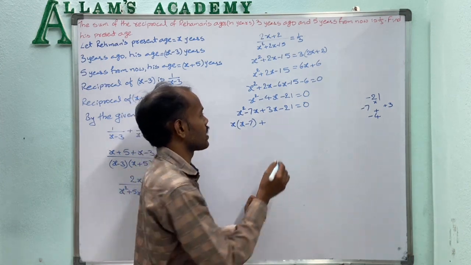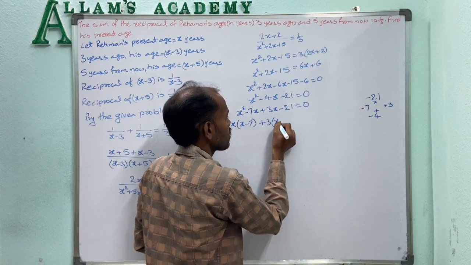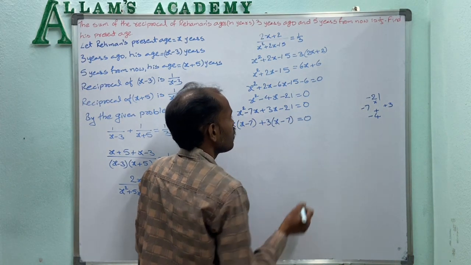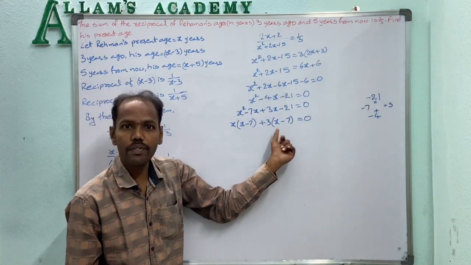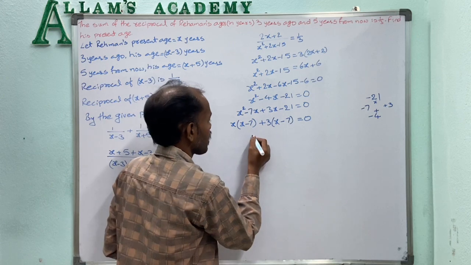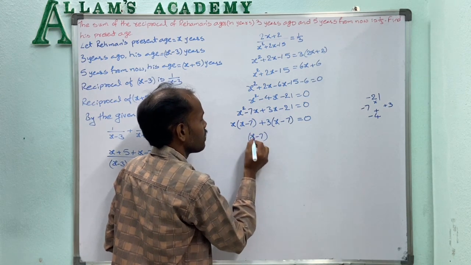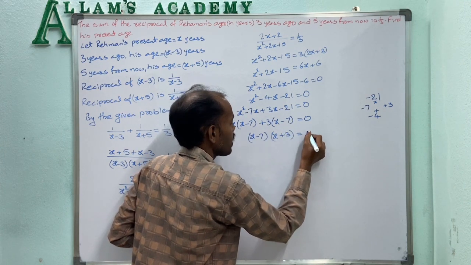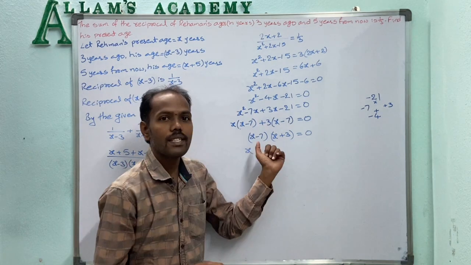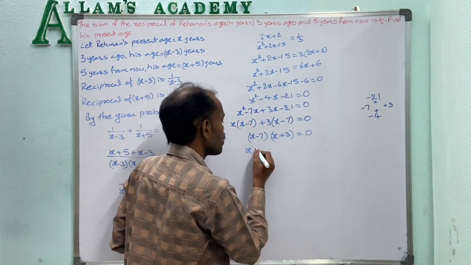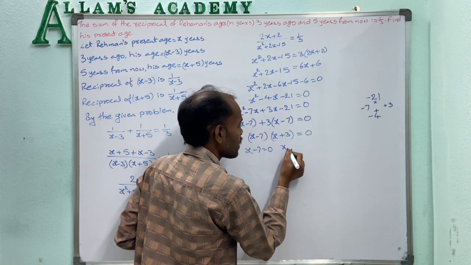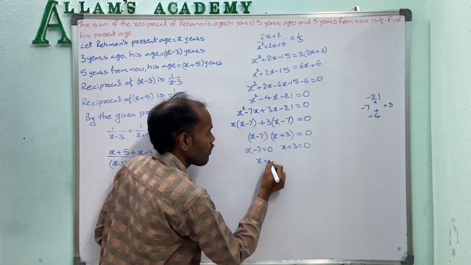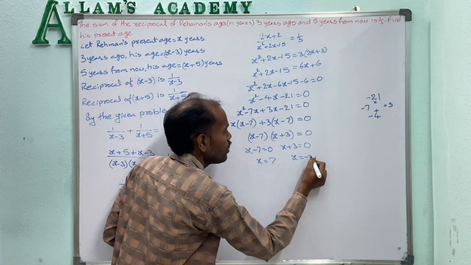That means in this both 3 is the common number. So 3 taking common means x plus, into minus is nothing but minus 3 7s are 21, is equal to 0. Now here both to observe, here we get x minus 7 is the common number. So that x minus 7 common taken means here remained 1 is x and here remained 1 is plus 3. So x minus 7 into x plus 3 equal to 0. That means in this 2 any one of the number is equal to 0. So x minus 7 equal to 0, otherwise x plus 3 equal to 0. If x minus 7 equal to 0, then x equal to 7. If x plus 3 equal to 0, then x equal to minus 3.